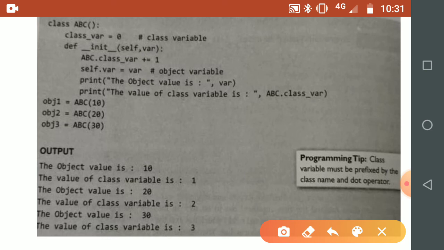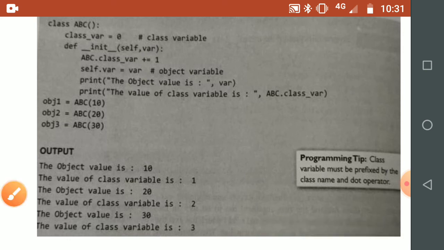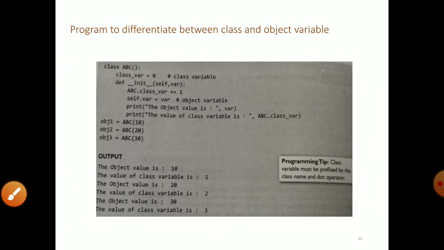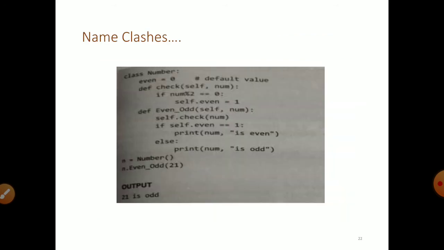Note that the class variable is accessed using the class name followed by the dot operator. This is also an important thing. This is a very simple concept, and this program shows the differentiation between class and object variables.